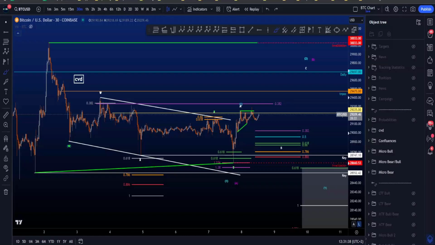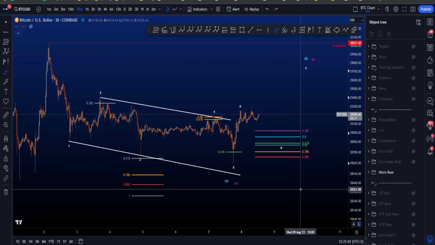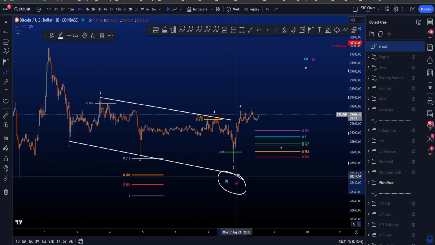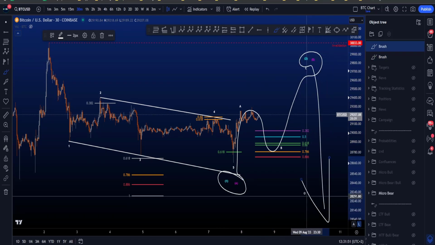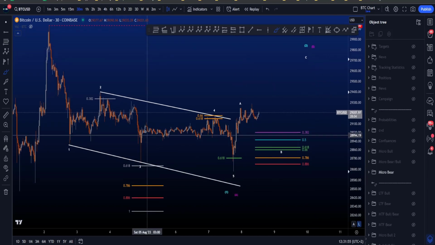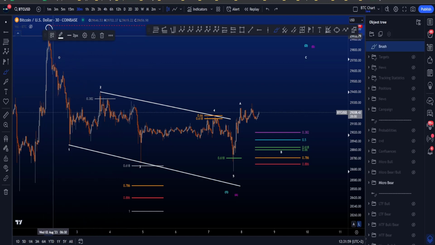Hi everyone, let's go over my micro bullish and bearish Elliott Wave scenarios on Bitcoin, starting with my micro bearish scenario, where we are looking for a diagonal to the downside in a wave 1 or A, followed by a 3-wave structure in a wave 2 or B, for then continuation to the downside in either a wave 3 or a wave C. Now looking into this scenario, this wave 2 retraced to the 0.382 Fibonacci taken from the high